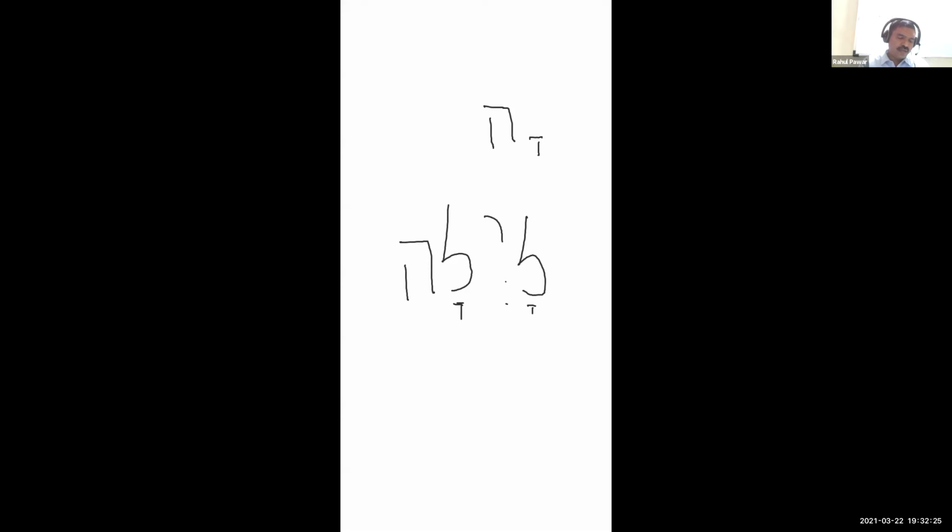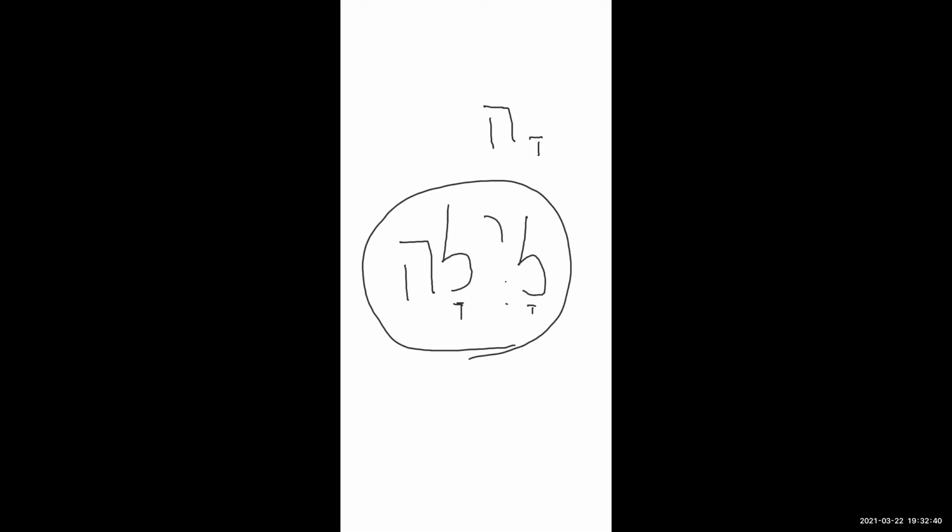Now, this is Lamed, under it is Qamets He, then Yod, under Yod is Shva, and then Lamed, under it is Qamets He. Can anyone pronounce this word? Laila. See, this Qamets He is a long vowel which is attached to the Lamed. Laila. That La is a long vowel. Getting?